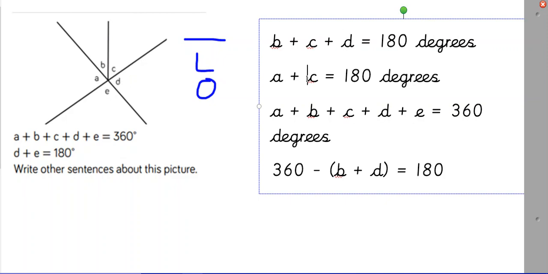A plus B plus C is 180 degrees, okay, because that's your half turn there. You could have also had A plus E is 180 degrees. You could have had A plus B plus C plus D plus E is 360 degrees like they gave you there. You could have had 360 minus B plus C plus D there again,